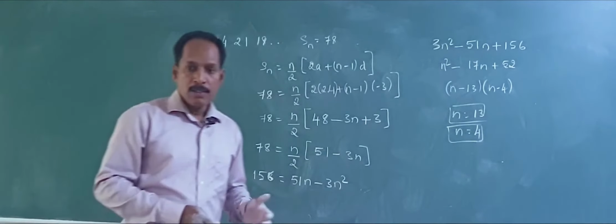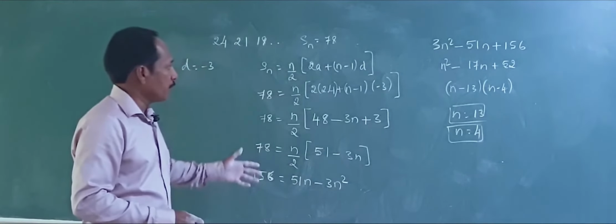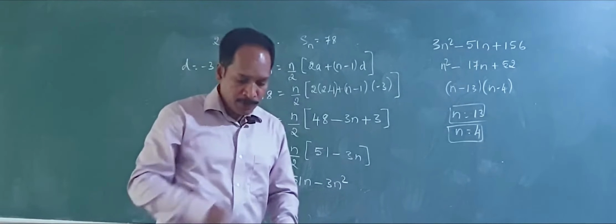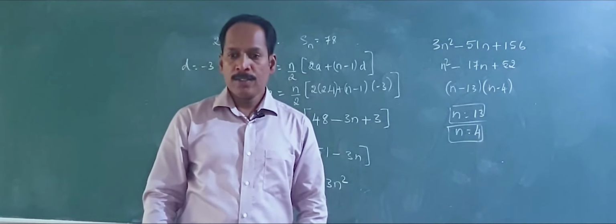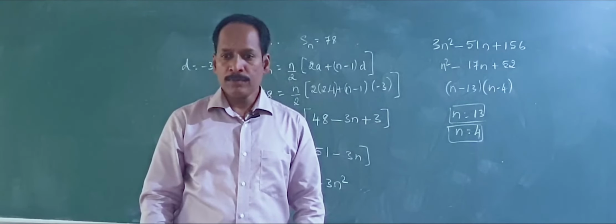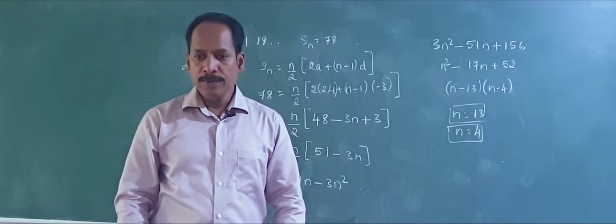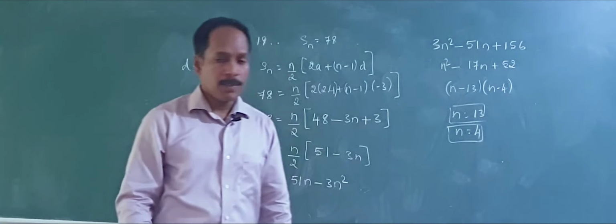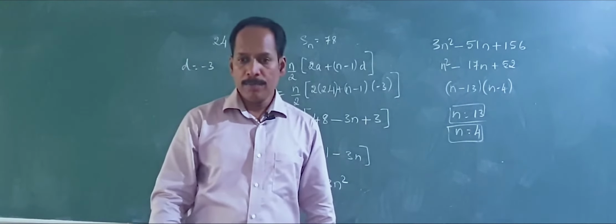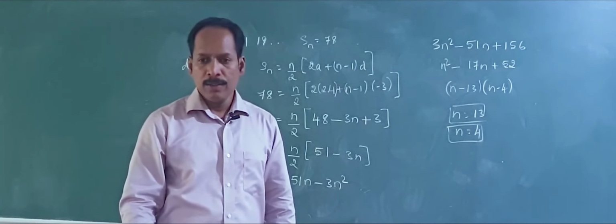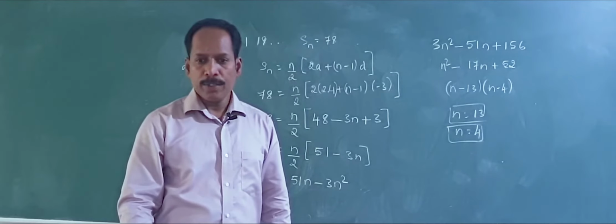So this is one more problem. This is how we are going to find the corresponding nth term. Let us take one more example: find the sum of the first 1000 positive integers. I think you can do it using n into n plus 1 by 2, it's simple. You can substitute. That's not a big problem. You can solve it, that's why I leave this one, and we can go for the next problem.